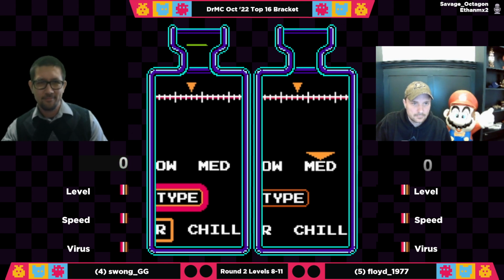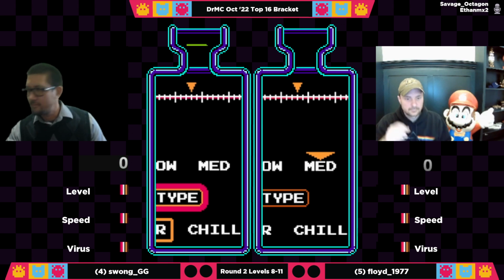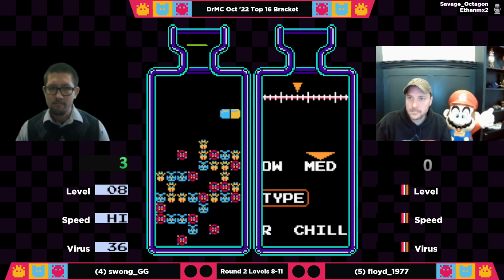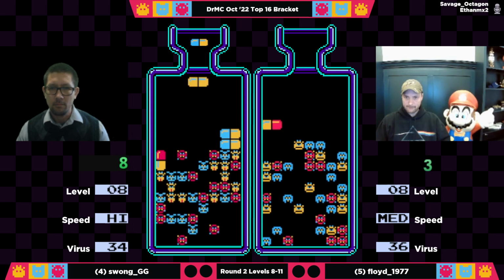Yeah, this would be a great one. This is their first time facing each other this season. The last time they did was in the first round of September last year, and that was won by Swang 2 games to none. And we are already getting underway here in